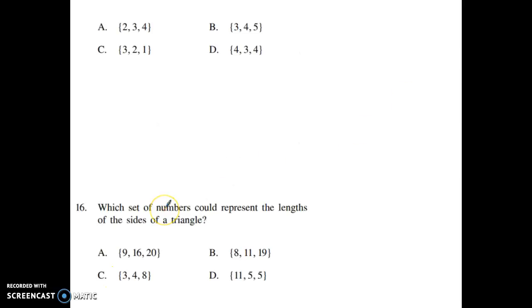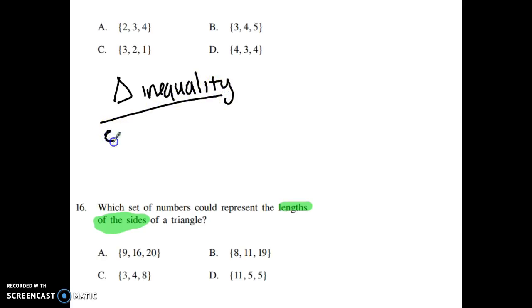So we are going to move on to number 16. And number 16, we're going to do exactly how we did number 15. So they are asking us to find the lengths of the sides of a triangle. So which set of numbers could make a triangle. So remember, the rule here is the triangle inequality. So it says the sum of any two sides